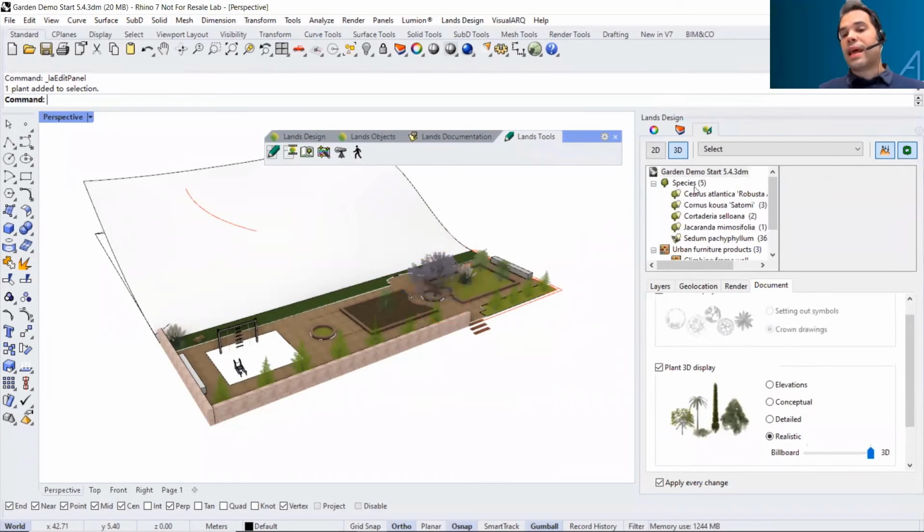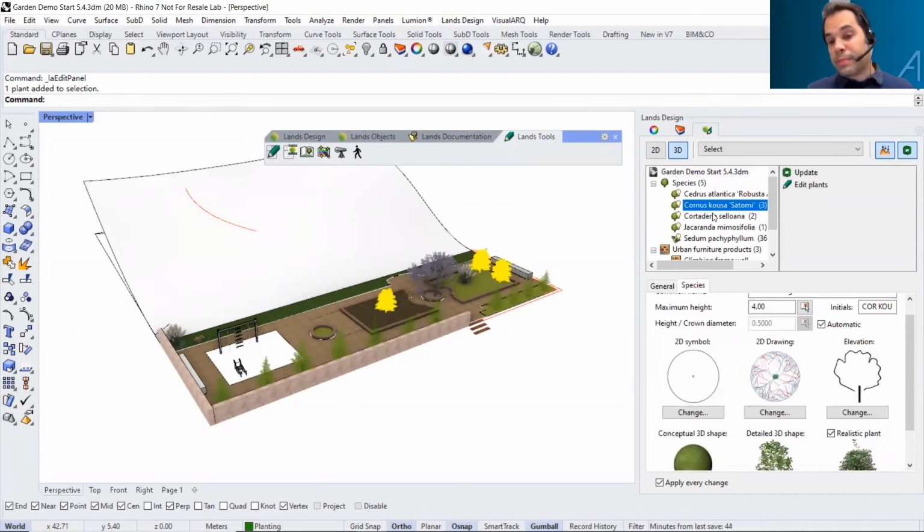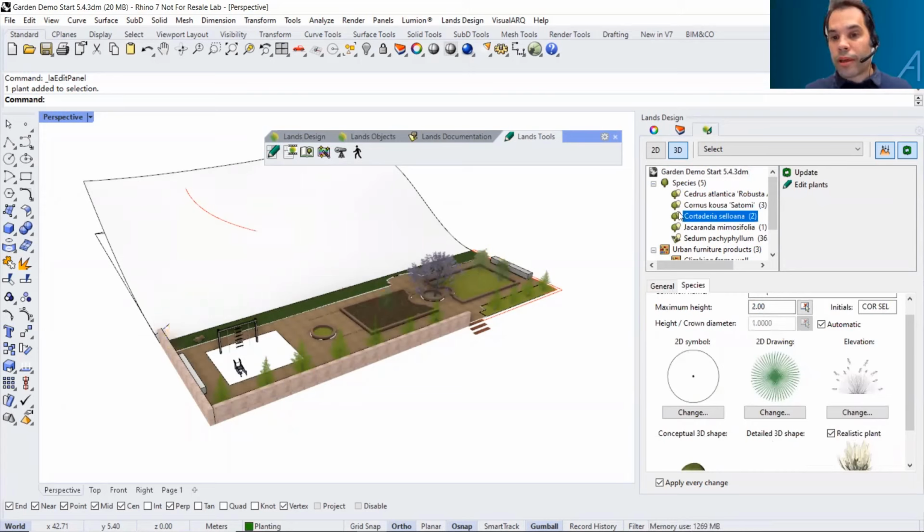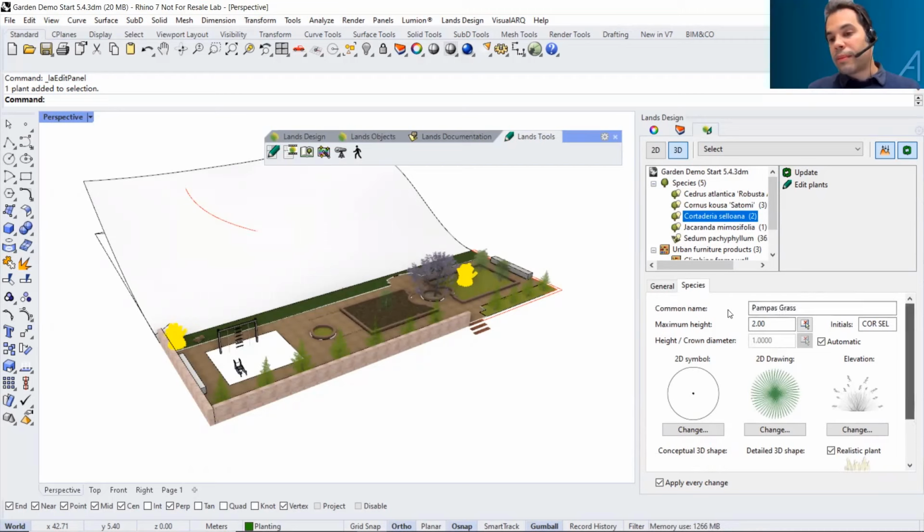If nothing is selected, then we see on the right top area of this panel the list of the species that we are using. So we can just use this list to select plants by species. We can also double click here to hide them eventually. All right, and also the list of blocks. So when something is selected, from the right side of the dialog, we will see the actions that we can apply on this object. And on the lower part, we'll see the properties of this species, for example, or